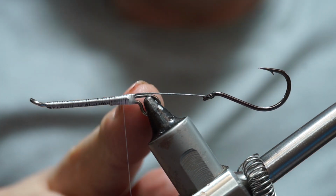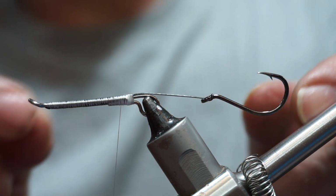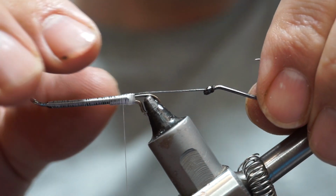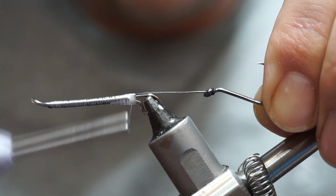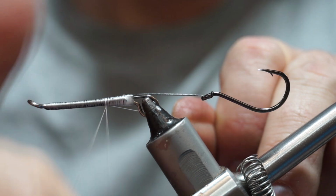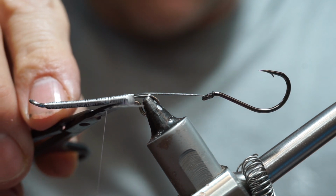I like to have a few extra turns or layers back here, because this is the bit that's going to take the hinging and the force of playing a fish, so I would put it on there. So bind that, and then I'm just going to whip that in place, trim it off,